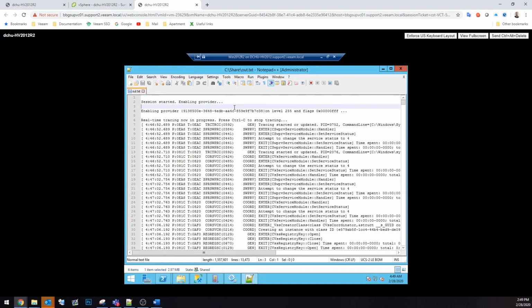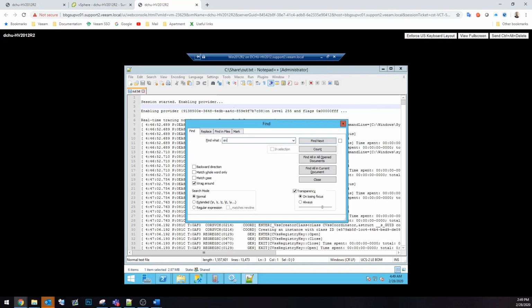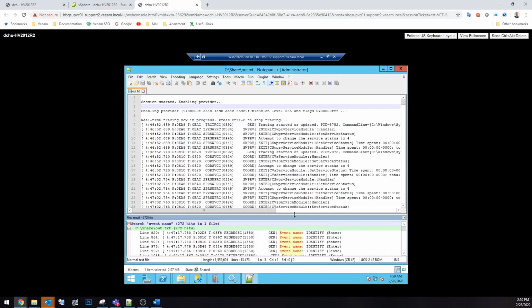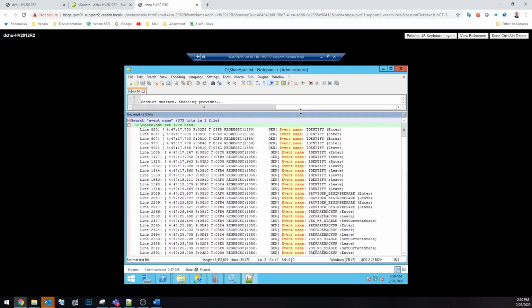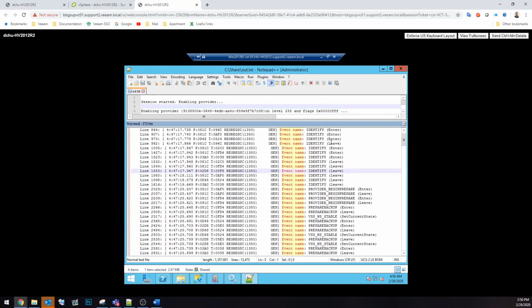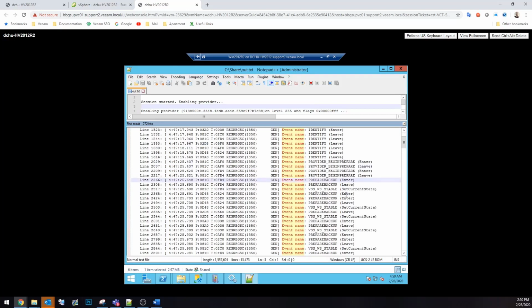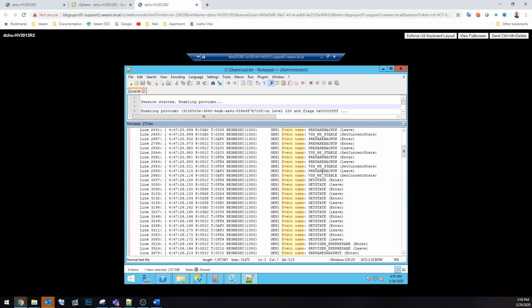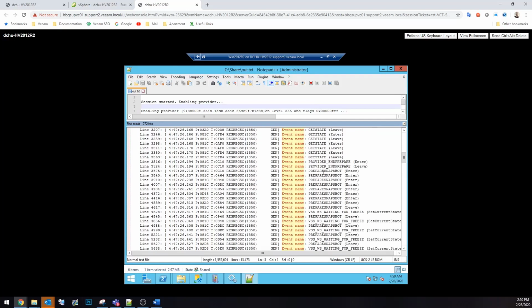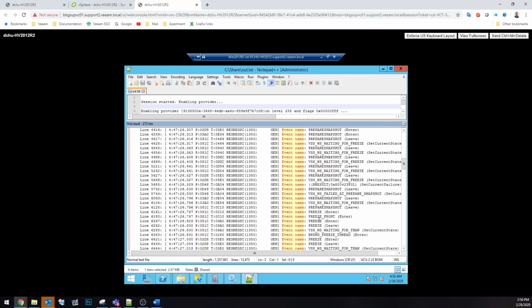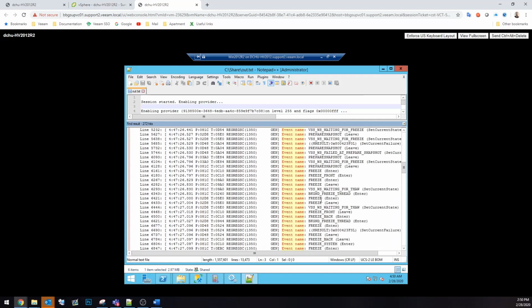What we can do is search for an event name and find all in the document. I believe other text editors can also do something similar. So here you can see every step which is a part of the VSS, and it's separated by specific events. So we can see that some writers are stable here. At some point there will be a failure. Waiting for freeze, it's still waiting to finish, waiting for thaw, and